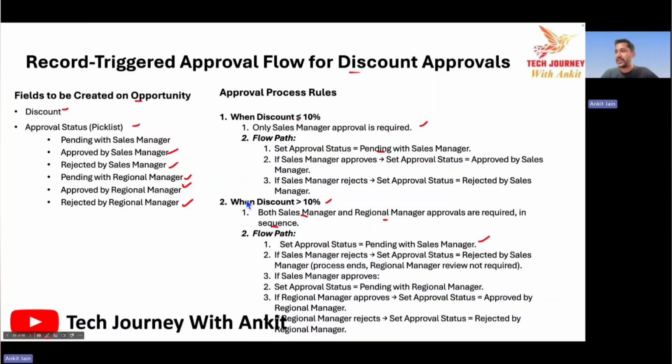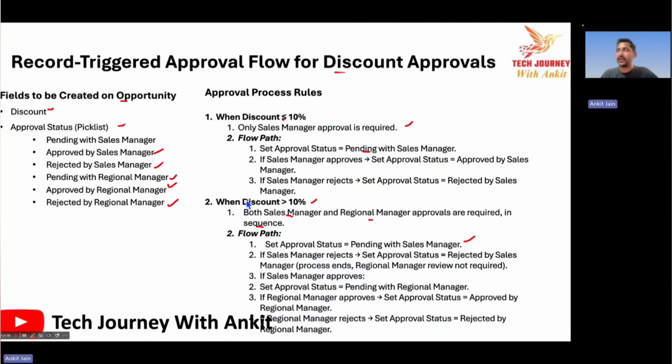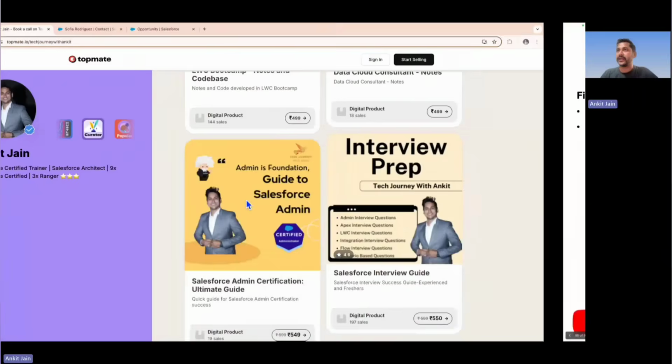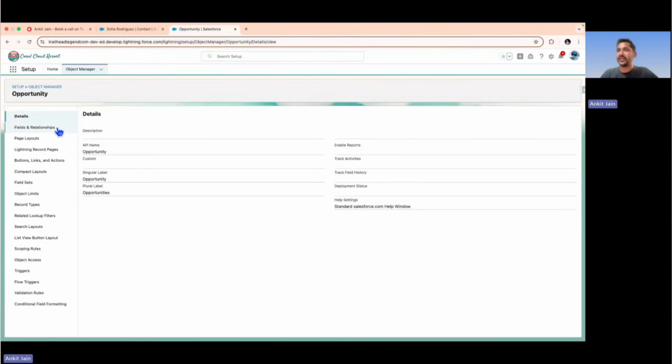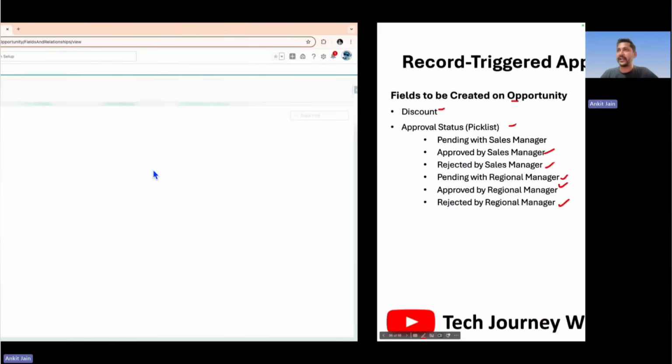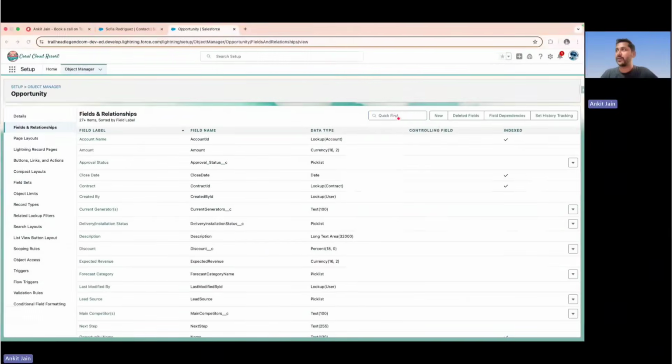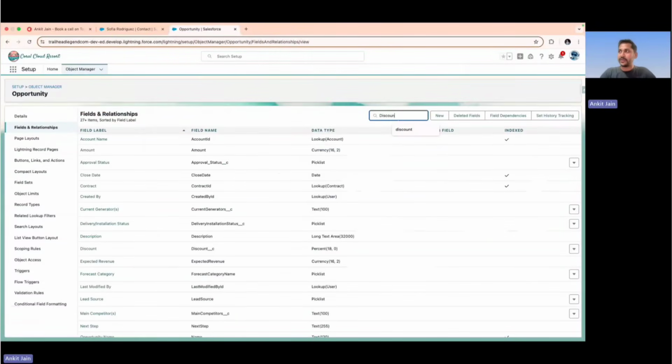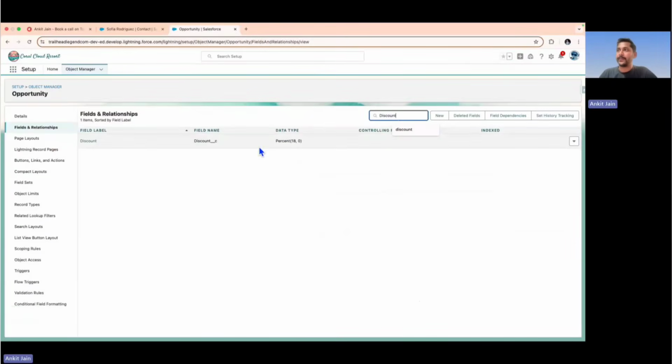So without further delay, now we can get started into the org. So let me take you to the org now. As I said, there are two fields that I have already created as per the requirement. One is the discount field. So let me show you. So this is my discount field. The data type of this field is the percent field. Another field that I have created here is the